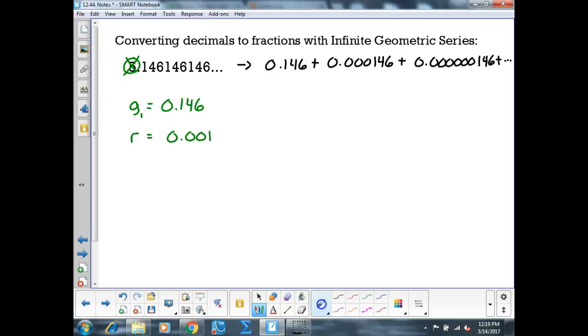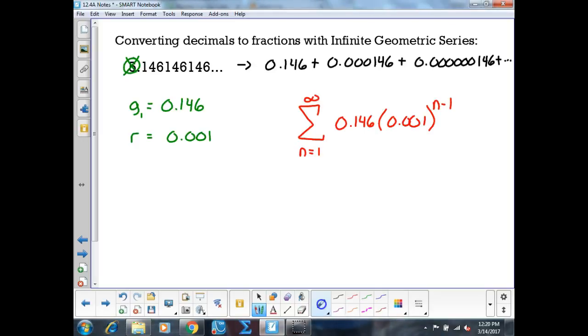So my sigma would be from n = 1 to infinity of 0.146 times 0.001 to the n minus 1 power. Does my R value fit in my range to find an infinite sum? Yep, that fits in my range to find an infinite sum. So this is